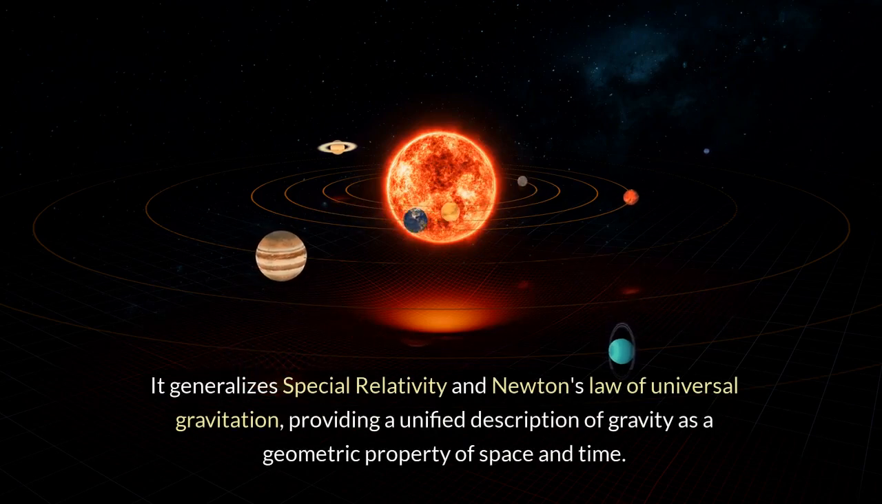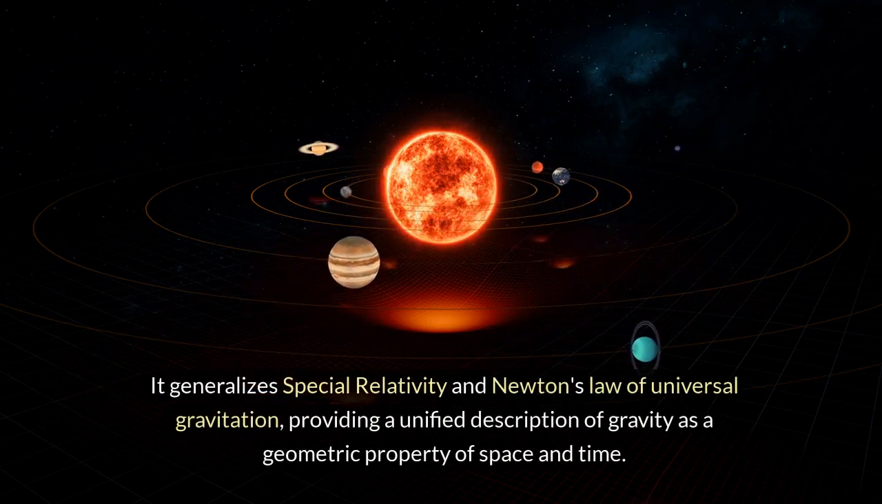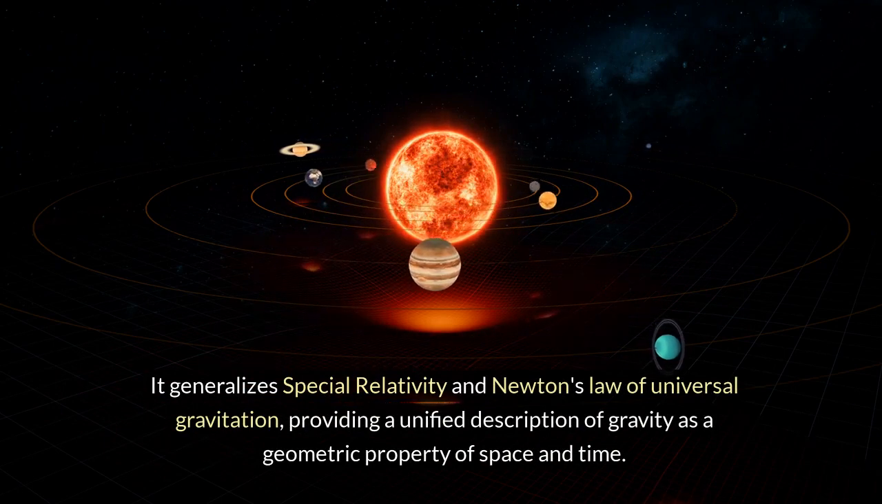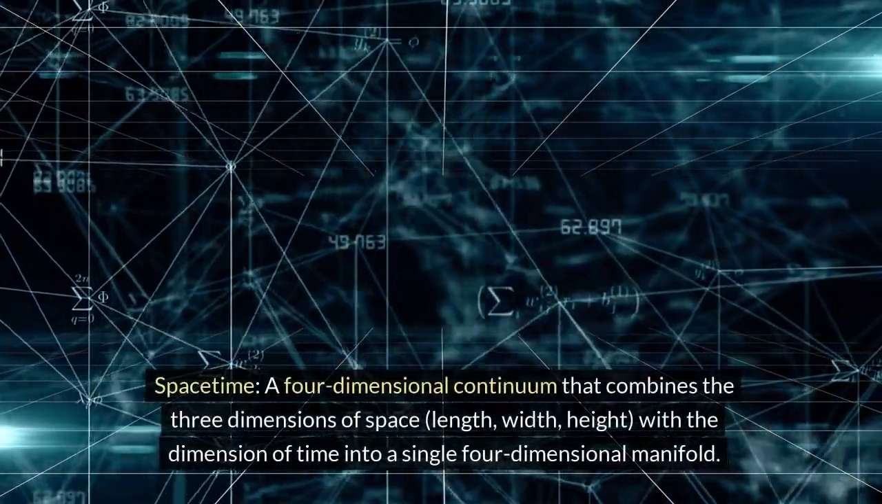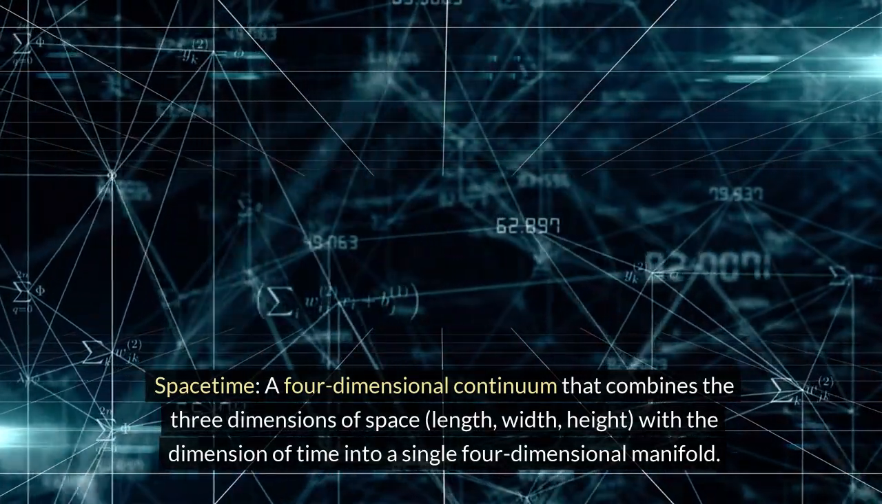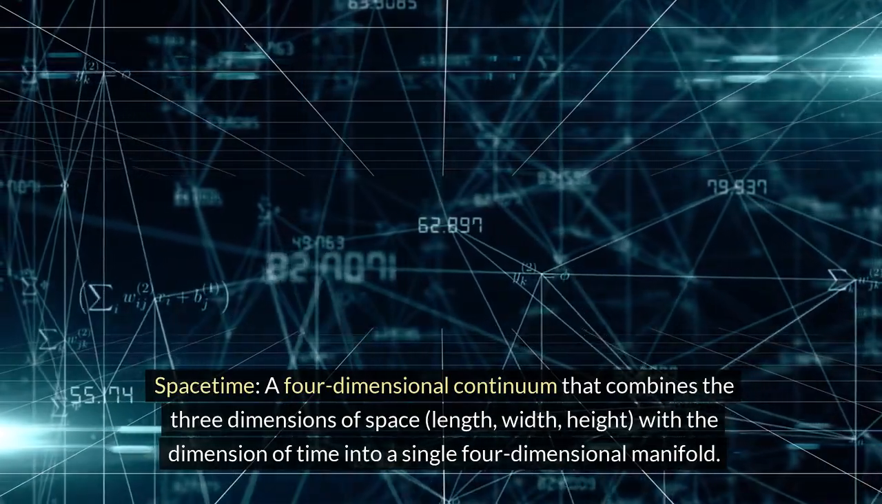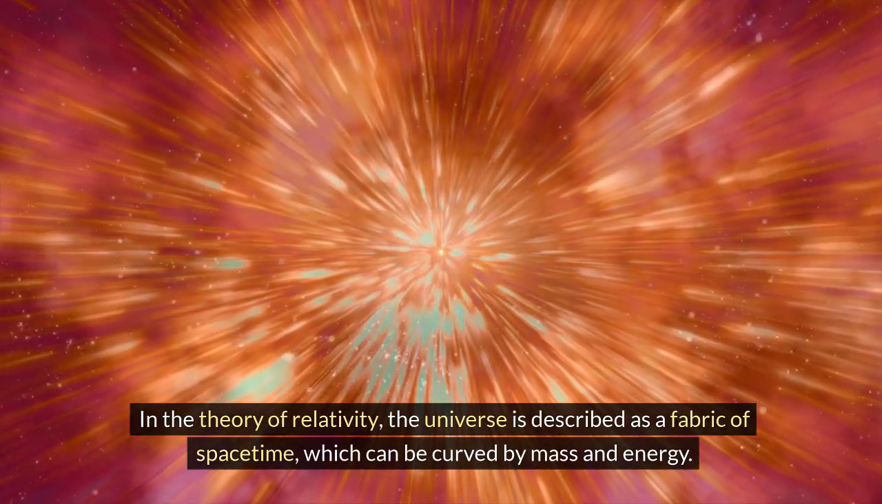It generalizes special relativity and Newton's law of universal gravitation, providing a unified description of gravity as a geometric property of space and time. Spacetime: a four-dimensional continuum that combines the three dimensions of space (length, width, height) with the dimension of time into a single four-dimensional manifold. In the theory of relativity, the universe is described as a fabric of spacetime, which can be curved by mass